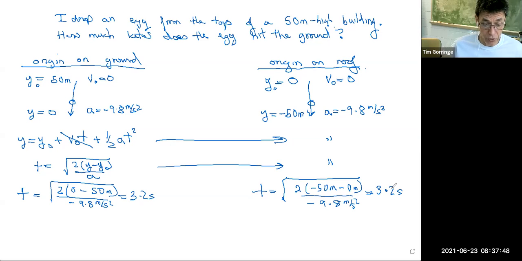But all of those choices, choosing the origin to be the ground, the floor, the Earth center, the moon center, the 3rd floor of the building, they would all give the same result for the time that it takes for the egg from leaving my hand to hit the ground. So that's one more example of a choice that you make when solving a problem. Sometimes I think we don't like choices when we solve problems, but we do have to make choices when we solve problems. And what we have to do is be consistent with those choices we